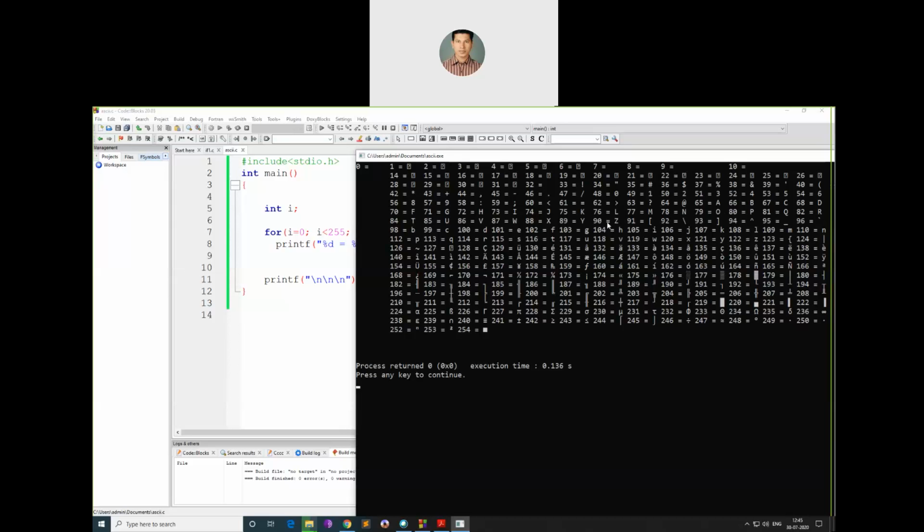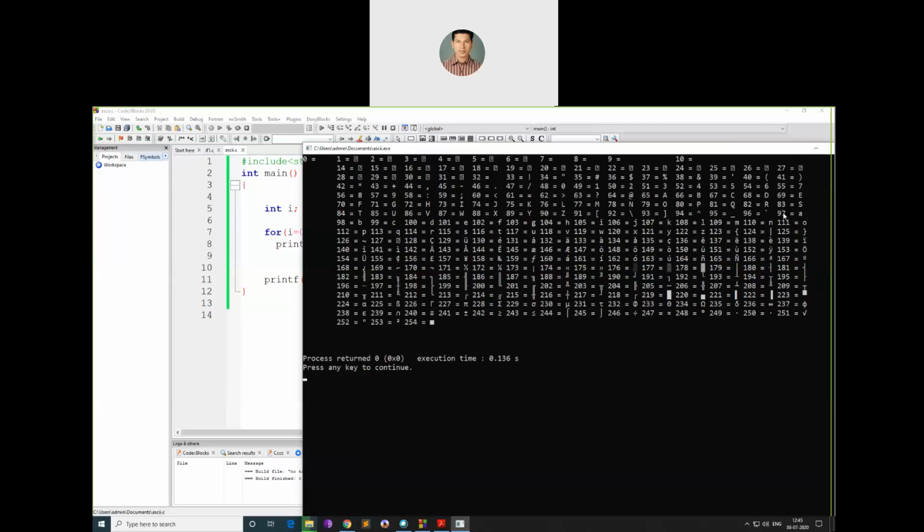What about small case? Small case starts with 97. So we have 97 here. 97 is a, plus 26, so it is almost 122. Z is 122. So these are common. Now if I enter, what I'm using is islower. To lower means if a character is uppercase, I want to convert it into lowercase. For that, what should I do? When I want to convert A to small a, A is 65 and small a is how much? Small a is 90.